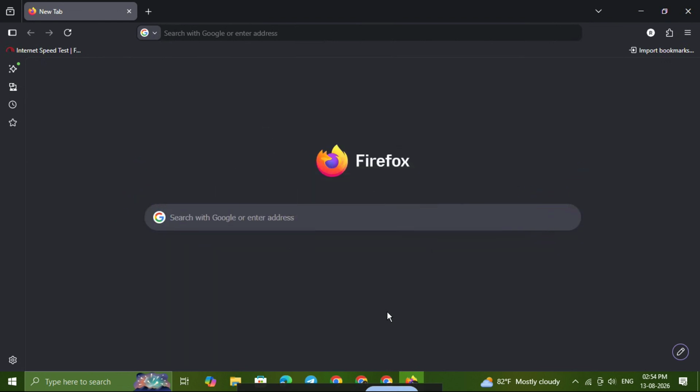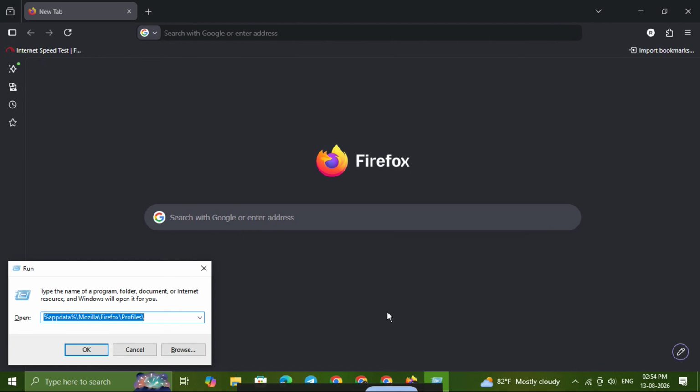First, on your keyboard, press the Windows key and the R key at the same time. This opens the Run window on your screen. The Run box is one of the fastest ways to open hidden folders in Windows without having to manually browse through multiple directories. Once the Run window appears, click inside the text field, then type or paste this path exactly